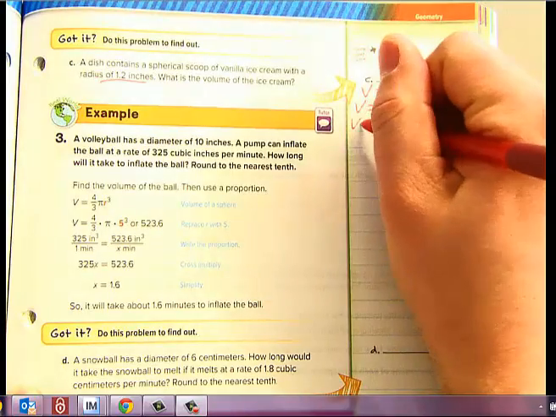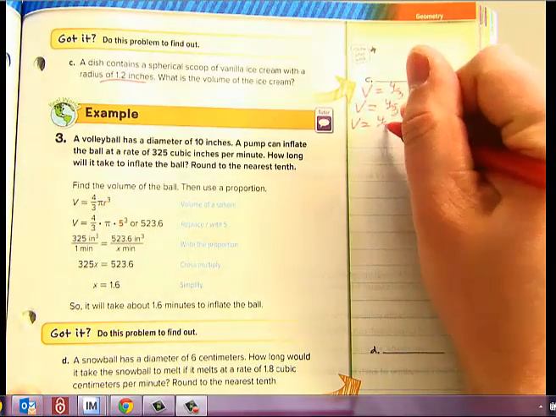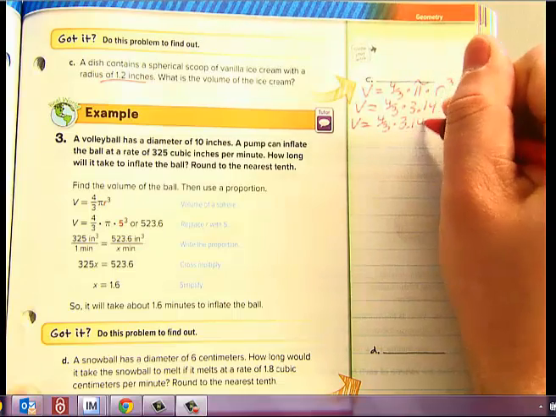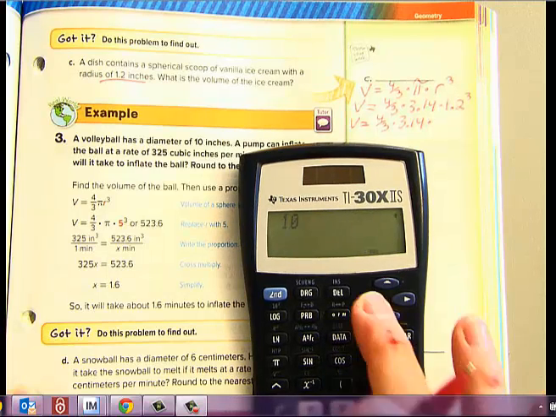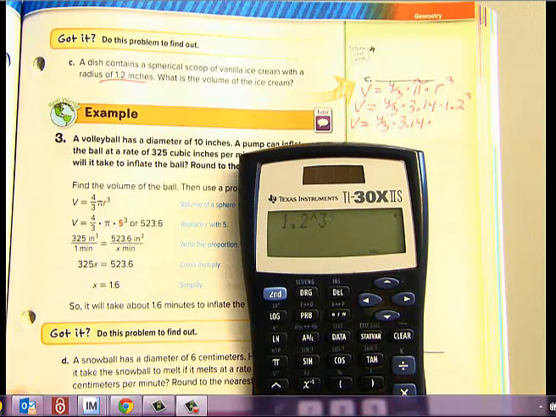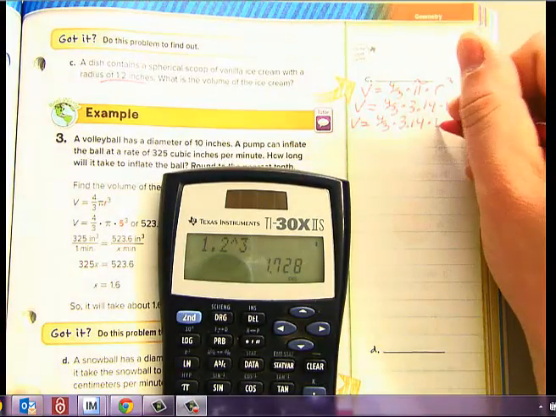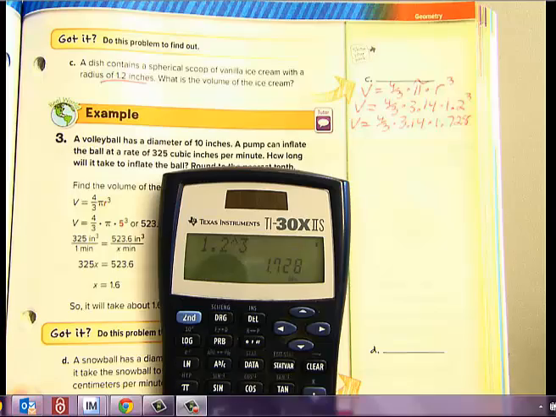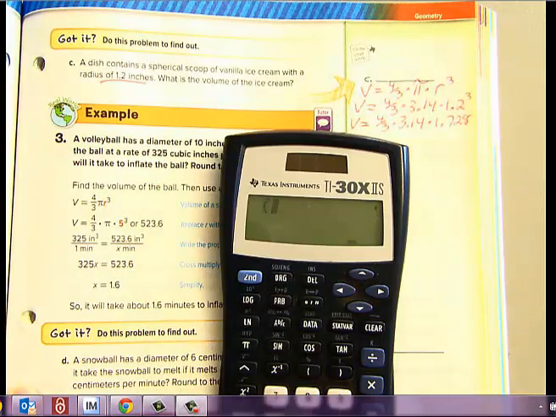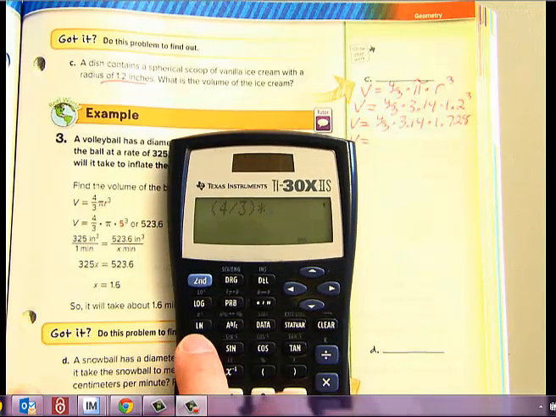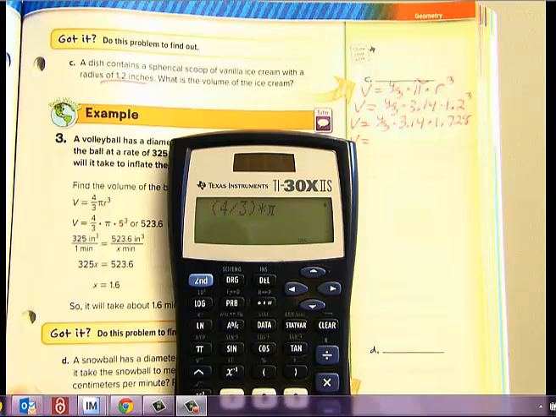Then I do my exponent first. My 4/3 stays the same, times 3.14, which stayed the same, times my 1.2 to the third power. So I do 1.2 to the third power. That's 1.728. Notice I haven't rounded that yet because I want to keep that as precise as possible. Now I take all those and multiply. So I take 4/3, 4 divided by 3 in parentheses, times, I'm going to use the pi button instead of 3.14, it's more accurate, times 1.728,